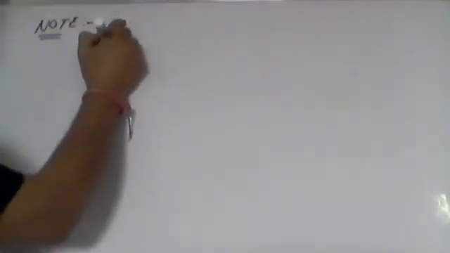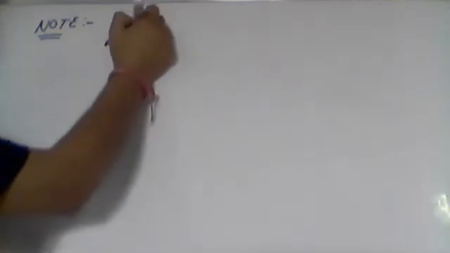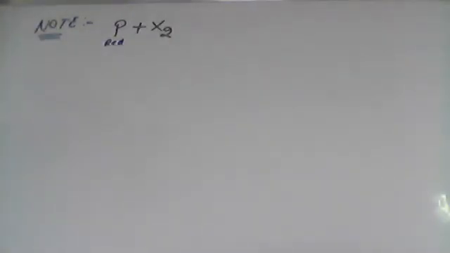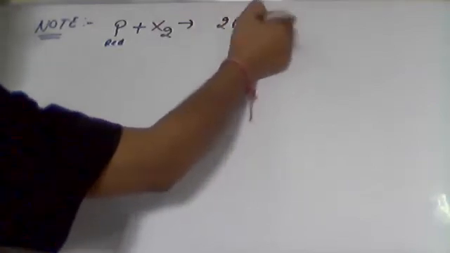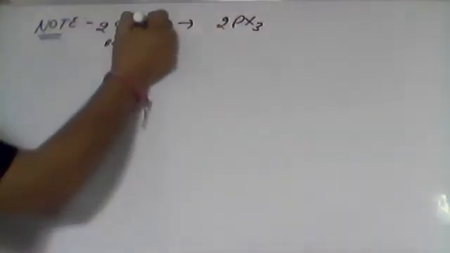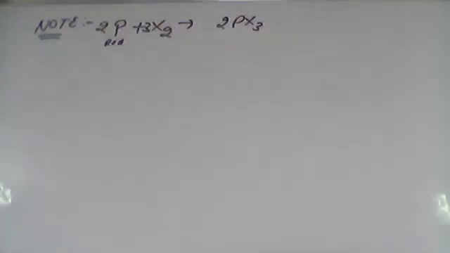Listen here. This red phosphorus reacts with the halogen, chlorine or bromine, the two we are considering, to form phosphorus halide. There will be a formation of phosphorus halide. Balancing you can do, 2 is here, 3 is here. So red phosphorus reacts with the halogens to form the phosphorus halides, which basically convert carboxylic acid into the acid chlorides. I will keep writing, then I will explain it again.